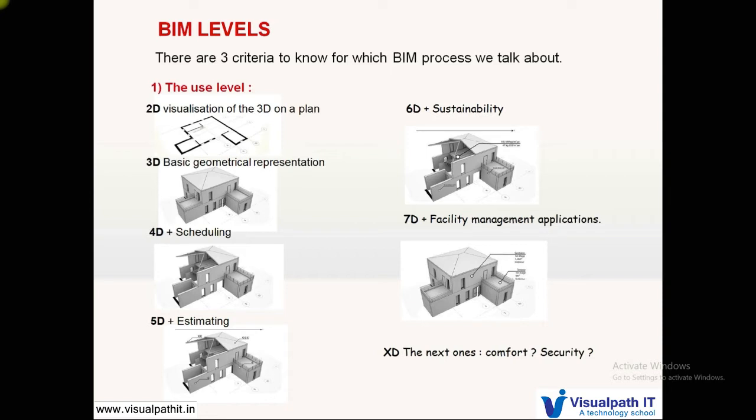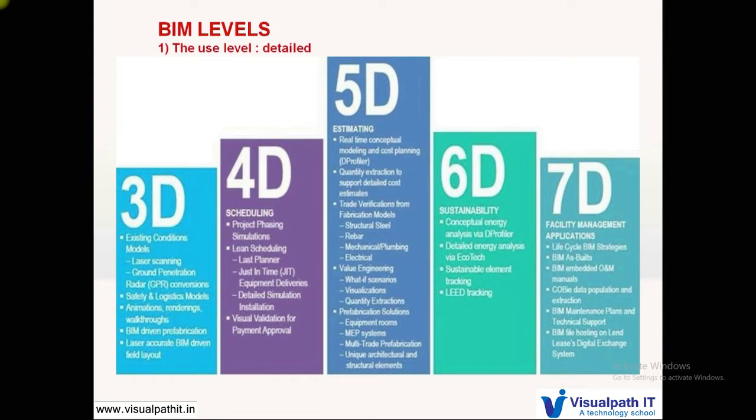What is scheduling? That is when the time frame of the construction of the whole project is scheduled and planned accordingly. Then after that, estimation works will be done. So estimating is called 5D. 6D and 7D are coming up in the future. So we will be talking about only 3D now. In the detailed view that I have shown you of the BIM levels, 4D we say is project planning. Just have a knowledge of this. Then we have 5D, estimation.